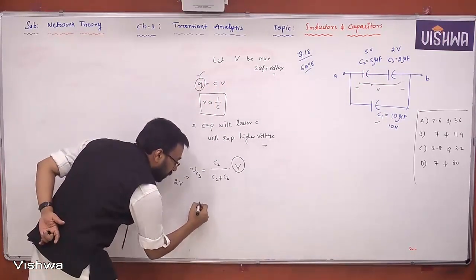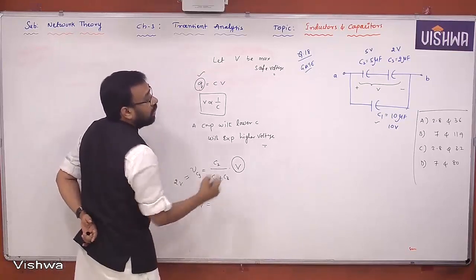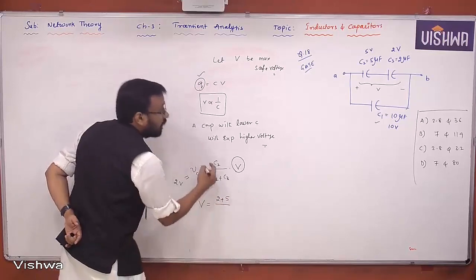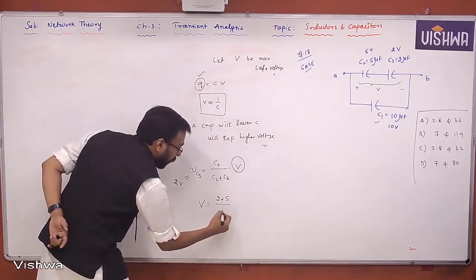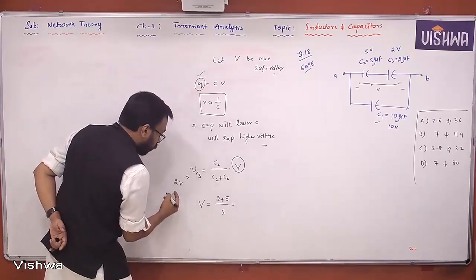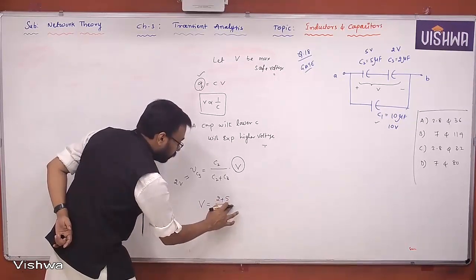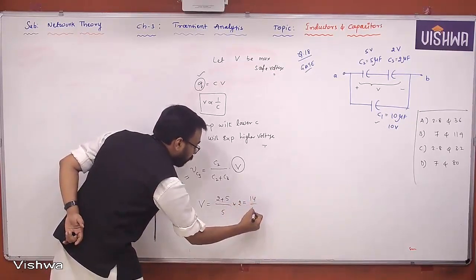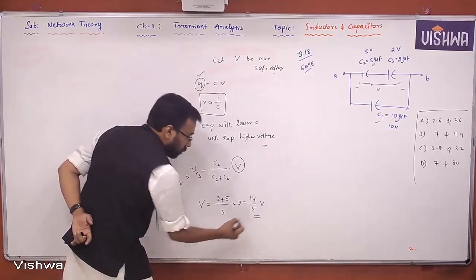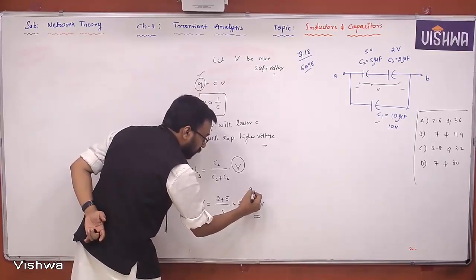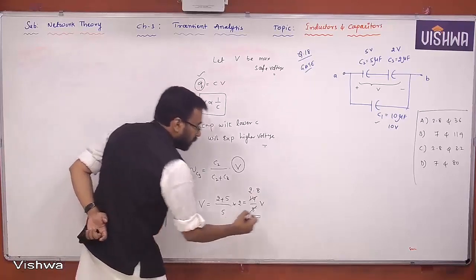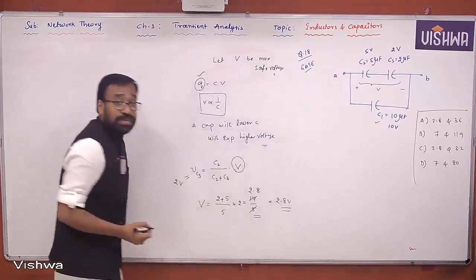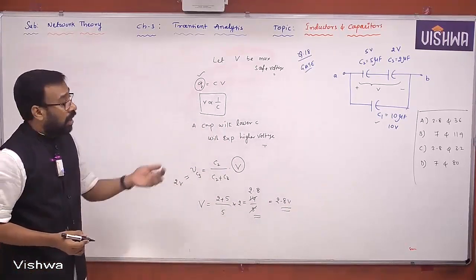So what I take here is V equals, what is C2 plus C3? That is 2 plus 5, divided by, what is C2 here? That is 5. That means 7 by 5 into, what is this you got? Into 2. 14 by 5 volts. I hope you understand this. So 2.8 volts is the maximum safe voltage that can be applied